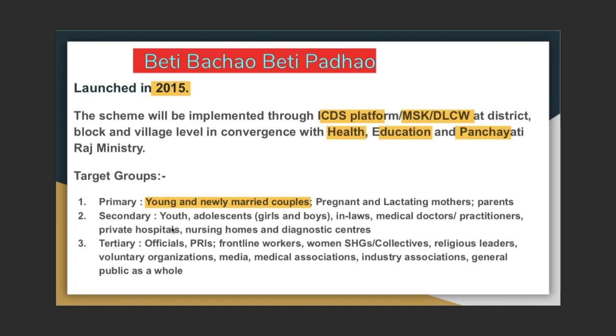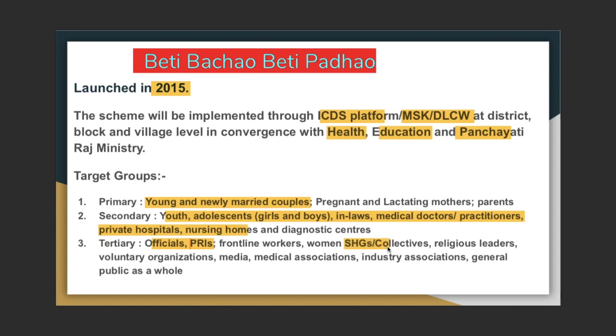But at the secondary level, we will have to make our youth and adolescents aware about the rights of women, aware about the need for improvement in the child sex ratio, and aware about the equality between the girl child and the boy child. So basically, at the secondary level, we are focusing on adolescents, in-laws, basically father-in-law, mother-in-law, and medical doctors, practitioners. And at the third level, we are also focusing on different officers at the PRI level, frontline workers, women,